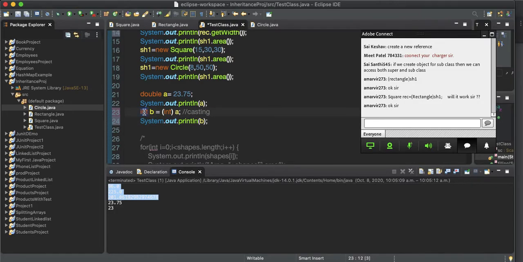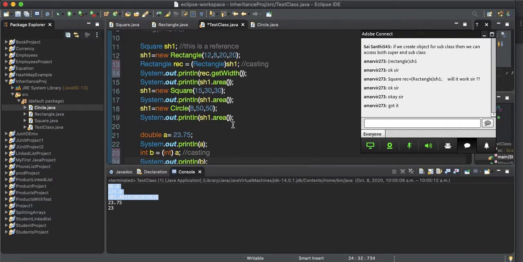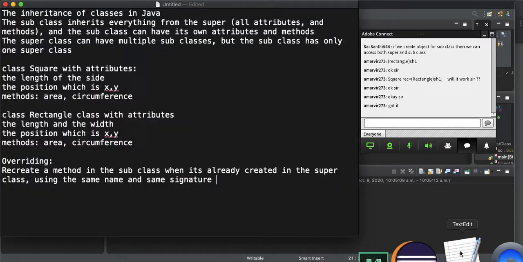But if I put double, then it's not casting because it remains double. It's kind of nonsense. So let me explain here. Let me take the code here and explain